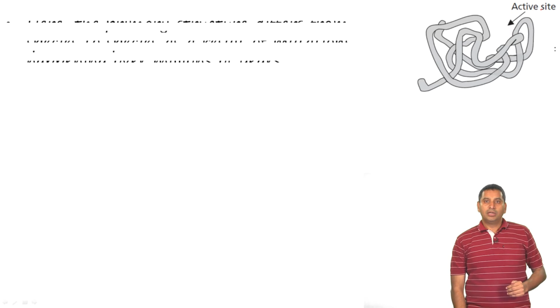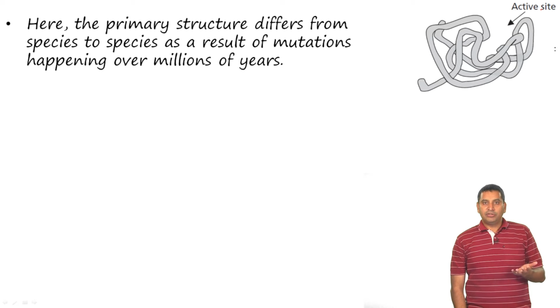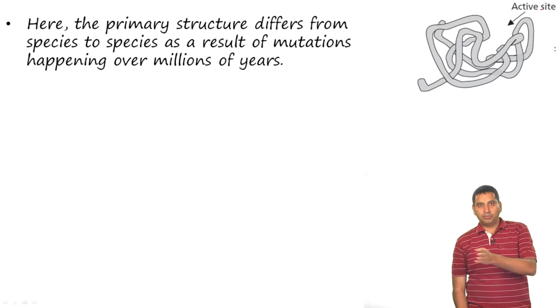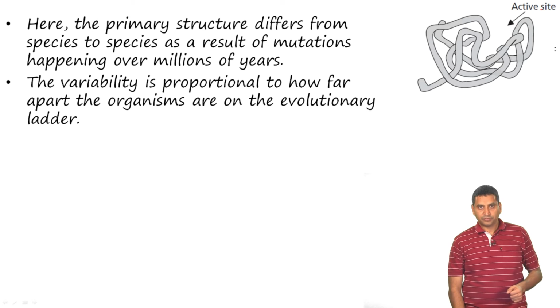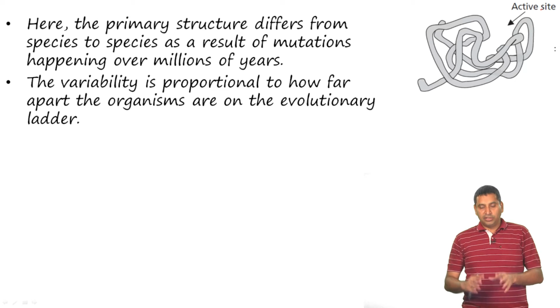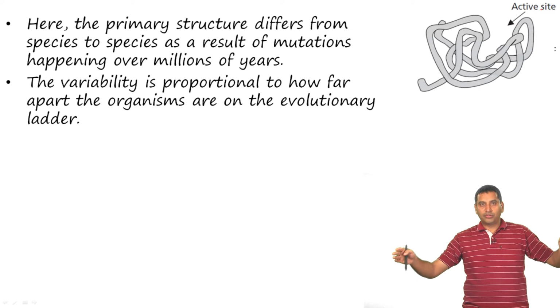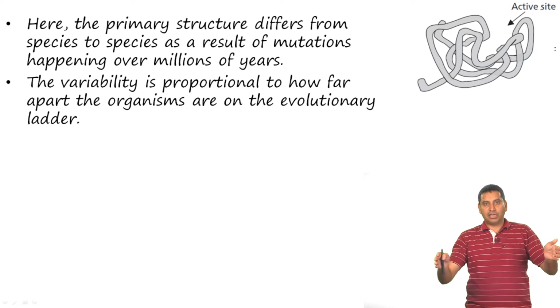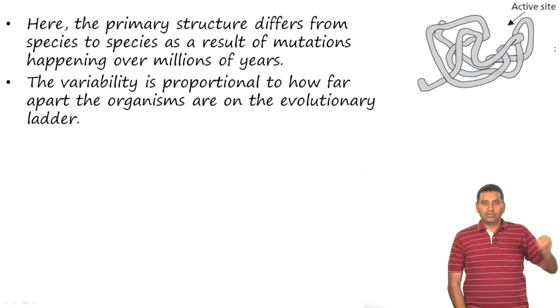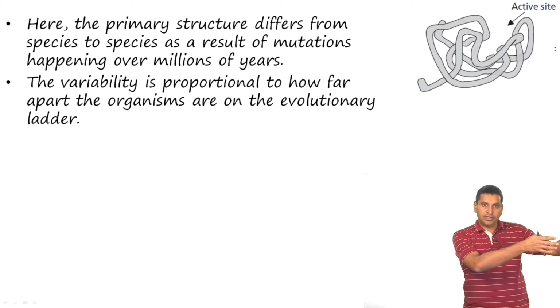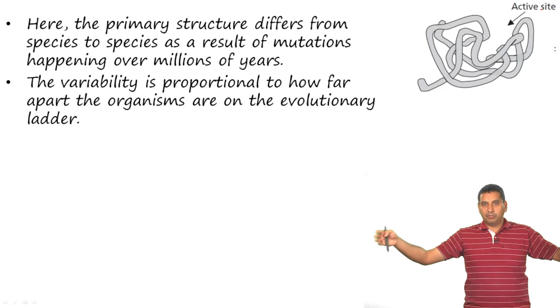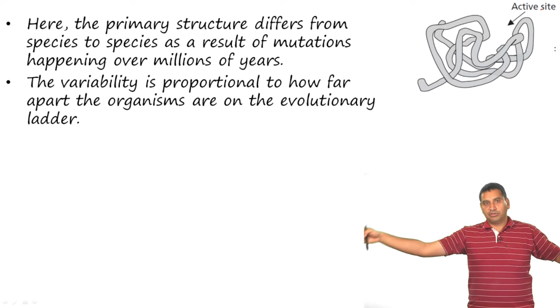Now, it is possible that the primary structure differs from species to species, because this primary structure has gone through a number of iterations or mutations happening over millions of years. The variability in this is somewhat proportional to how far apart these organisms are on the evolutionary ladder. So, for example, something that is evolutionarily in an early phase can have very different primary structure from some enzyme which is in humans,